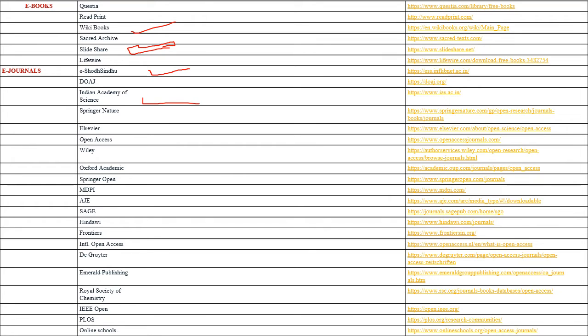IAS, that is the Indian Academy of Science. It is a very important e-journal with a good impact factor again. So what is impact factor? I have been telling about impact factor for a very long time. So there are a few things that you need to remember. Number one is the article must be in the appropriate format, and the journal in which you are going to publish, it should be in the